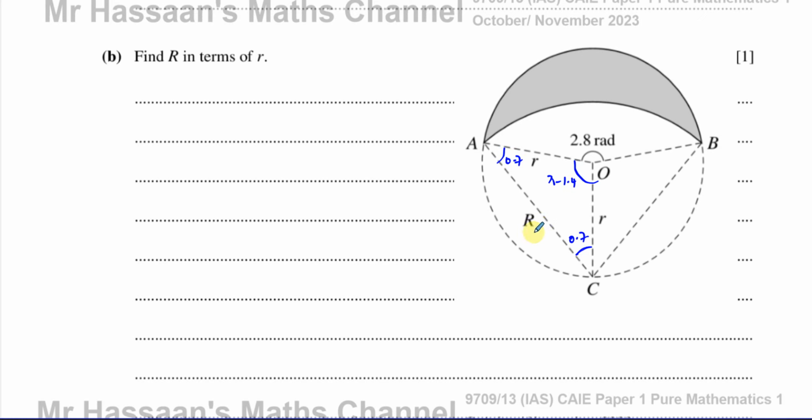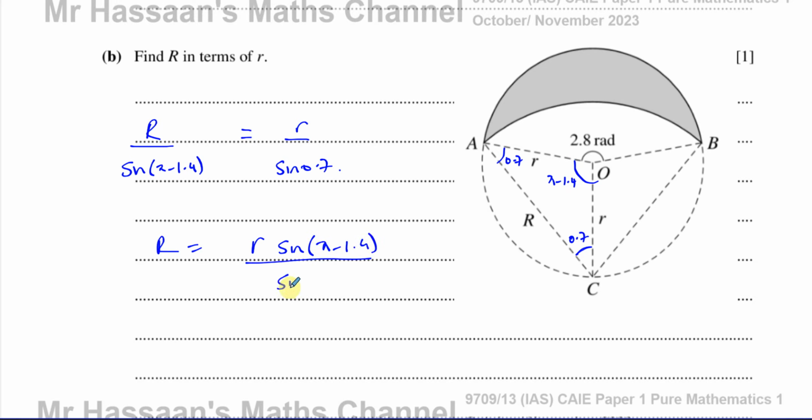All right, so we're going to find capital R in terms of small r. We can link these angles together using the cosine rule or the sine rule. The sine rule will probably be easier. So I can say the length capital R over the sine of the angle opposite it, which is pi minus 1.4, is equal to, we have another pair of opposites, small r over the sine of 0.7. Okay, so we can say capital R, therefore, is going to be r times sine of pi minus 1.4 over